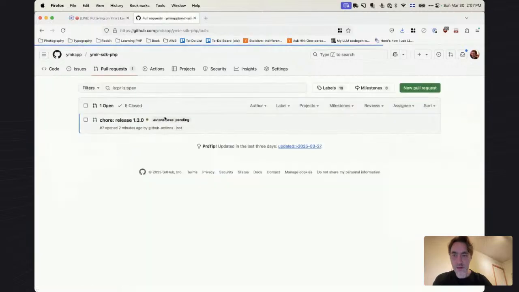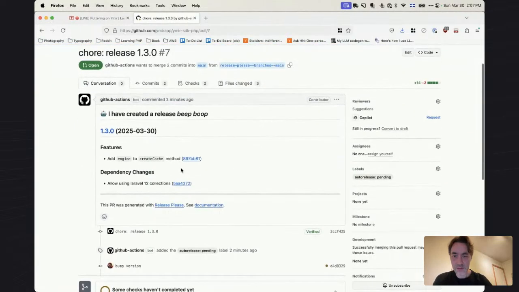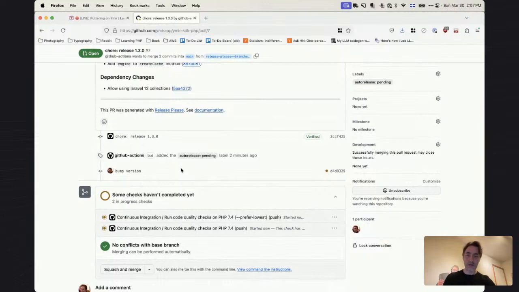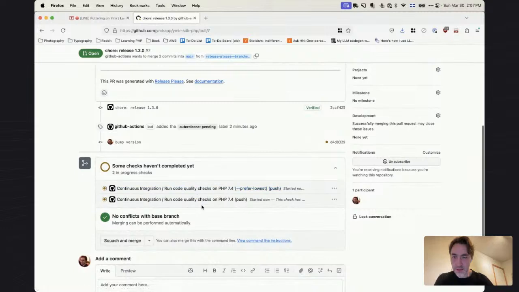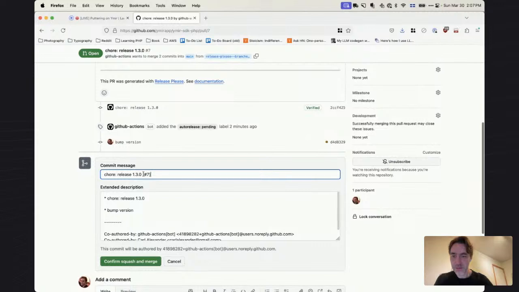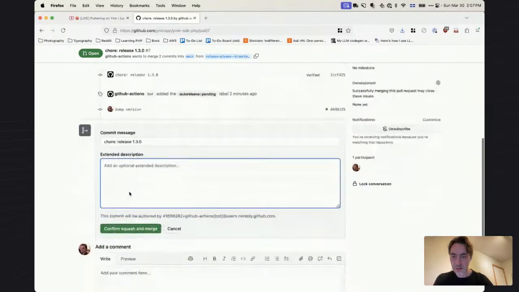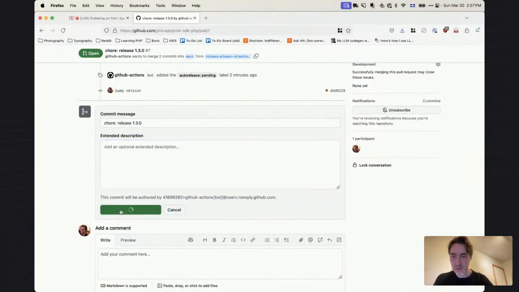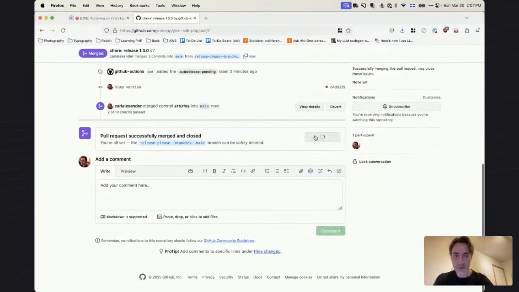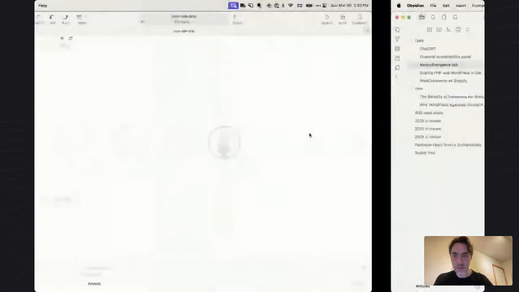On here, we'll have this. Yeah, it's going to do all the code quality checks, but again, not super concerned with this. And then what I do usually is use squash and merge. I cleaned this up because I don't want all of this. So we just commit, squash and merge to commit, delete the branch, and then I go back here,